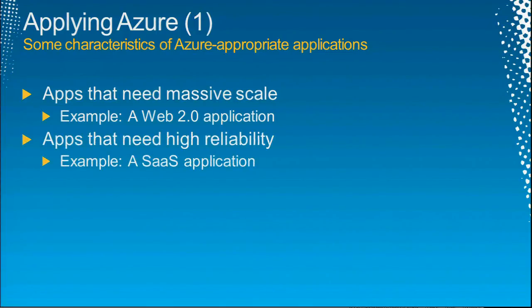We discussed this. The Fabric controller, for example, by maintaining updates beneath a running app. I didn't tell you this, but the Fabric controller can also be used to update a running app in place. So an app need never go down, even for updates. That's a key thing. If you're an ISV who wants to build a SaaS application, well, gee, SaaS applications had better be awfully darn reliable.